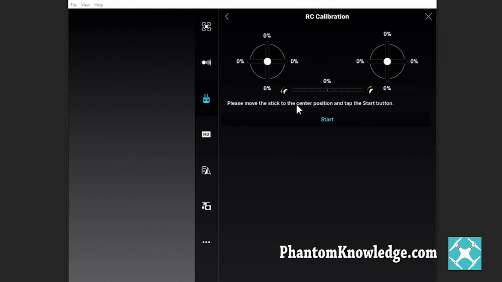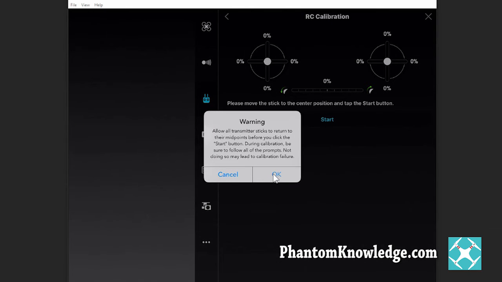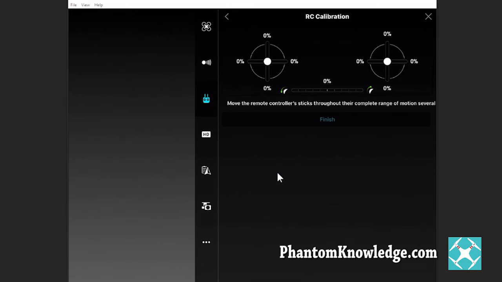And then it says, please move the stick to the center position and tap the start button. Well, it's already in the center position. I don't know why they continue to say that with each version of the Phantom. Anyway, so let's press the start button, and it gives us a warning, move on. And so now what I'm going to do is press the sticks left and right as far as they will